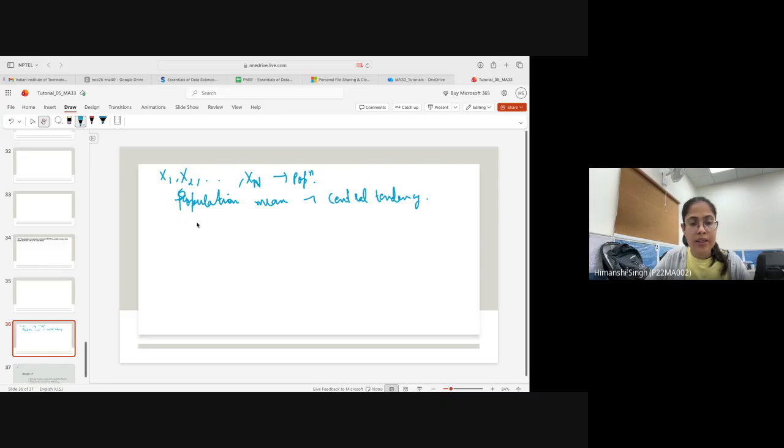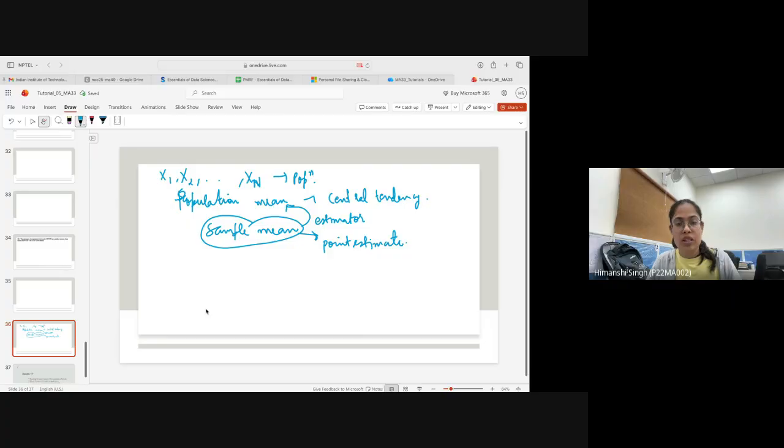And we have studied that if we take the mean of these sample values, the sample mean behaves as an estimator for the population mean. In fact, it is an unbiased estimator of the population mean. So one of the estimates we can directly get from the sample mean is basically a point estimate for the population mean. From the sample mean we get the point estimate.